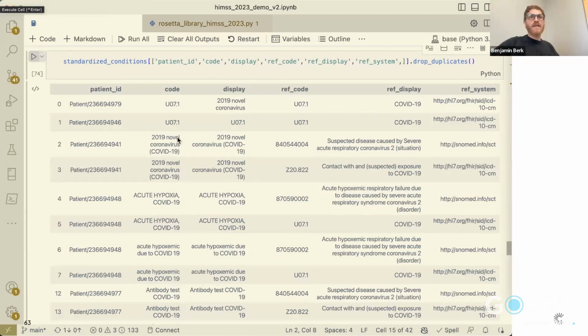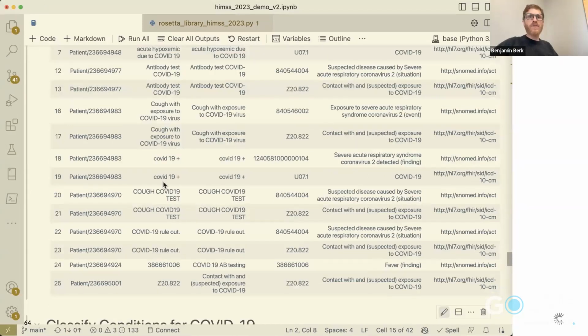But we can also see that something like 2019 novel coronavirus is being mapped to the SNOMED code for suspected disease for SARS-CoV-2. Acute hypoxia COVID-19 is being mapped to the SNOMED code for ARDS with COVID-19. Antibody test is actually being mapped to suspected disease, right?